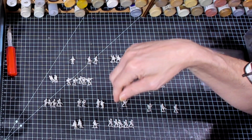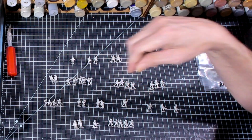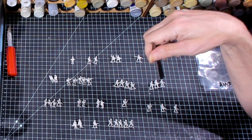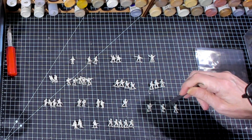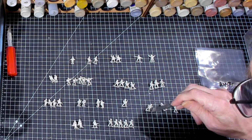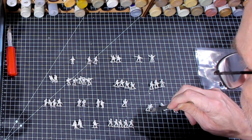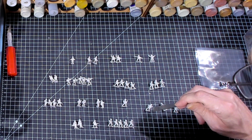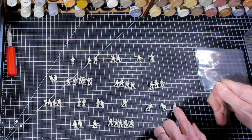Like they see something up high. Now, these guys are all unique individual poses. This guy I thought was a BAR, but he's actually carrying an M1. This guy's got his M1 raised pretty high, and he's leaning forward pretty good. And then this guy's got,